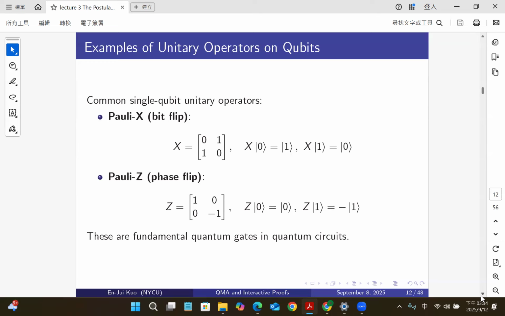So now we can check whether iXZ is the same as Y applied on these two. If they are the same, then I know that Y can be written as iXZ. So iZ applied on 0. So notice that, you need to remember bit flip and phase flip. So Z applied on 0 is the same as 1 times 0, right? So that iX